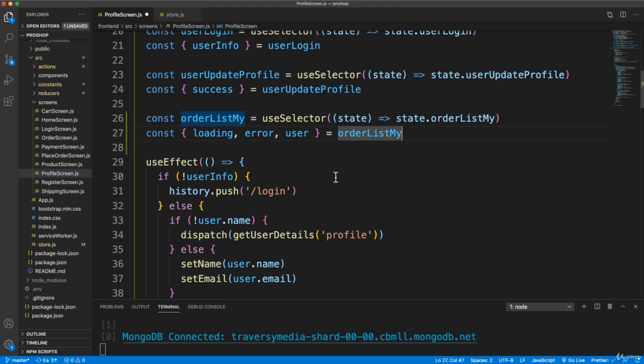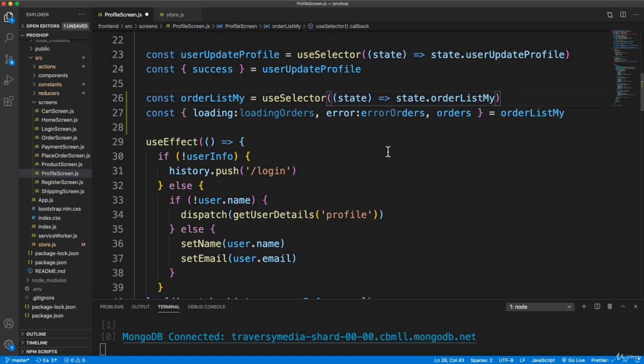Okay, and what we want to get from that is loading, error, and orders. Now, I'm just going to rename this to loading, we'll say loading orders. And let's rename this to error orders. Okay, and then down in the